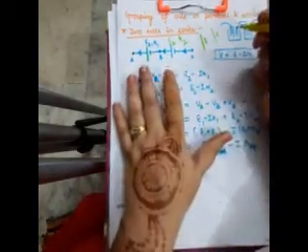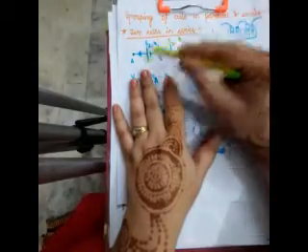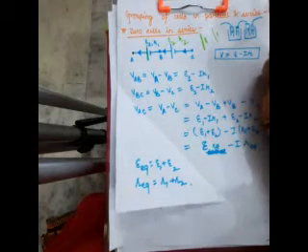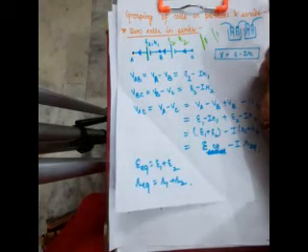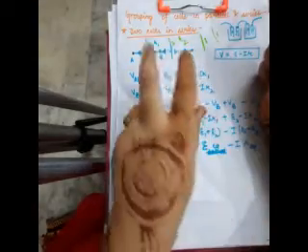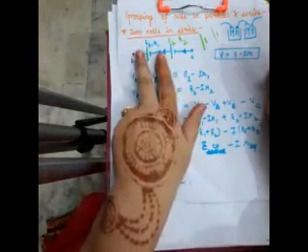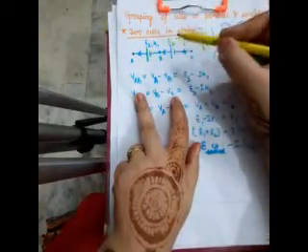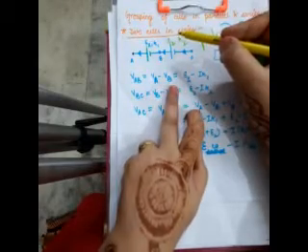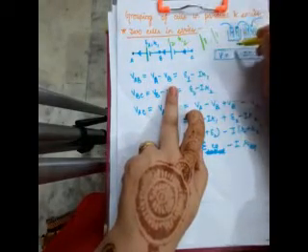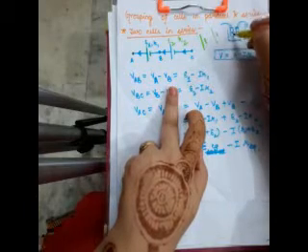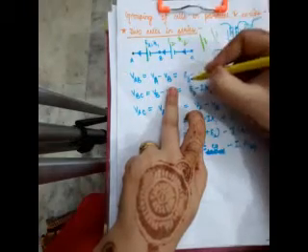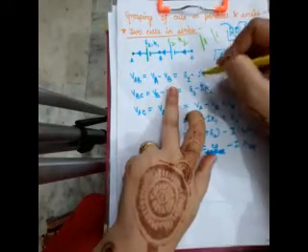See, I have plotted 3 points here, A, B and C. Eventually, I will begin finding out the potential difference between these 3 points, right? First of all, I will choose VAB. The potential difference between points A and B will be VA minus VB. Or simply, if this is the first cell, positive electrode, negative electrode, what is the potential difference between both of them? It will be equal to EMF minus lost volts.